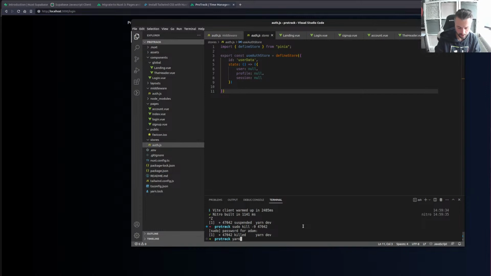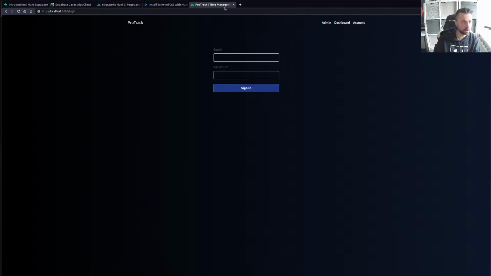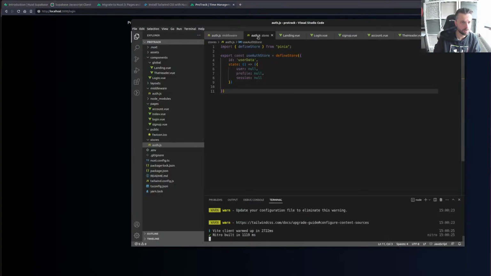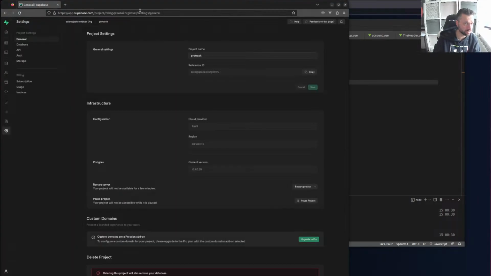And then let's try again. Yeah, oh, whatever. If that actually auto reloads, it might actually just be working on that. It's just, yeah, it's working. Looks like it's working. Right, I'll just change Supabase back to 3000